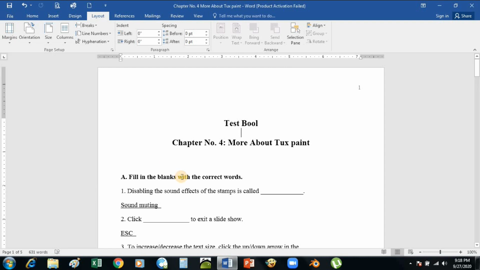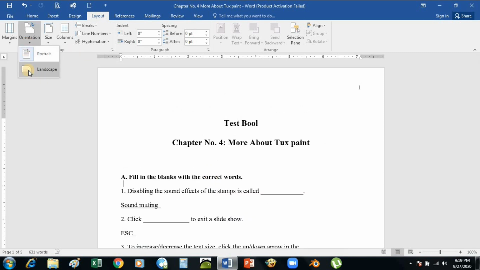The next thing we will learn today is orientation. There are two types of orientations here: landscape and portrait. Normally by default when we open a Word document, it is in portrait format. The page is in portrait, which means the data is written along the length of the page, but we can change it.